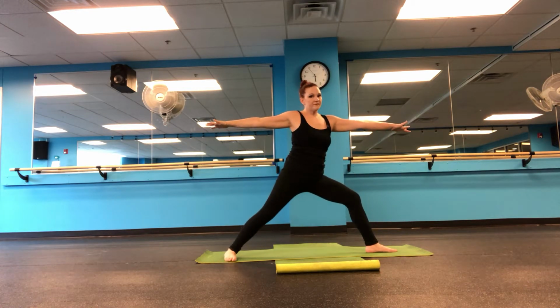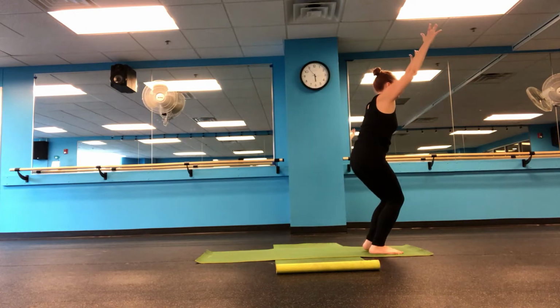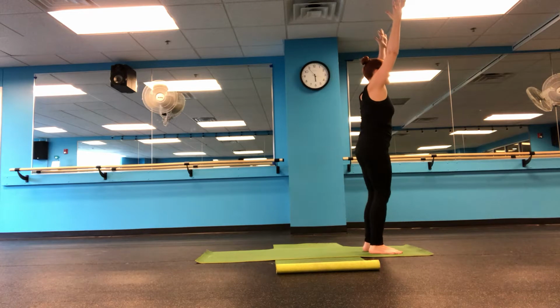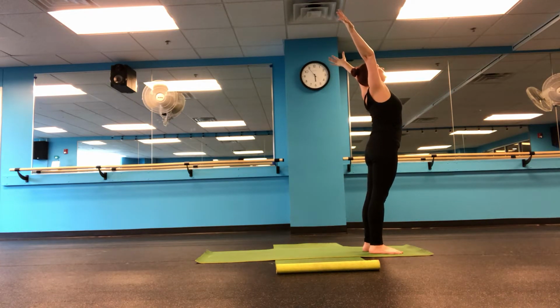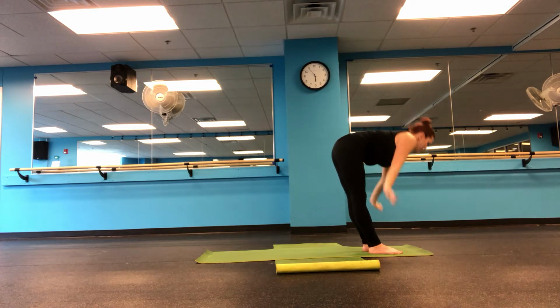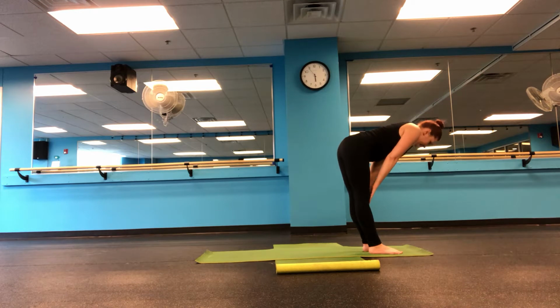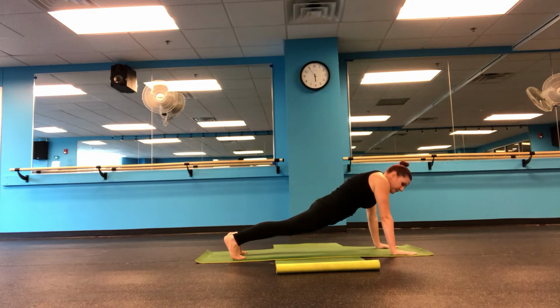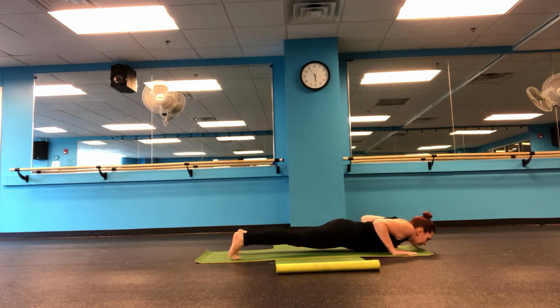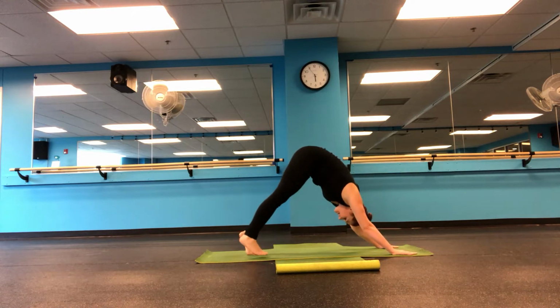We're going to push off that front leg, or that back leg, pushing forward into our chair or our mountain. If you'd rather just be here for a moment, that's fine. Either way, we'll inhale up, exhale, fold, inhale, half, exhale, fold, plant those hands, jump or step, back to plank, chaturanga, up dog, down dog,